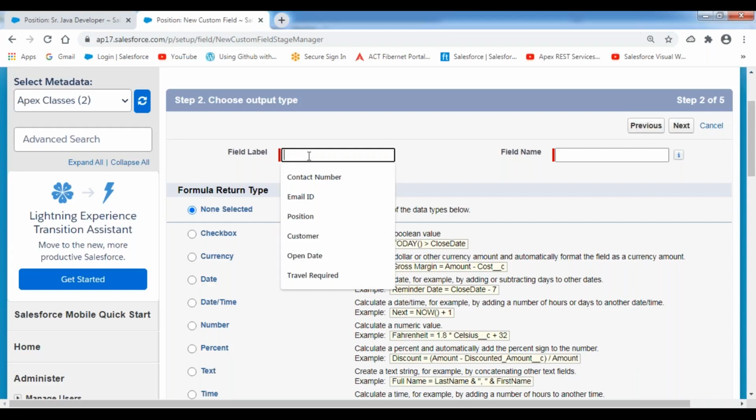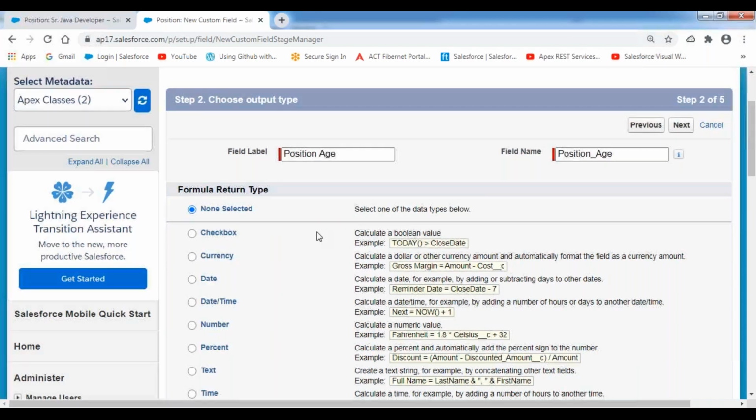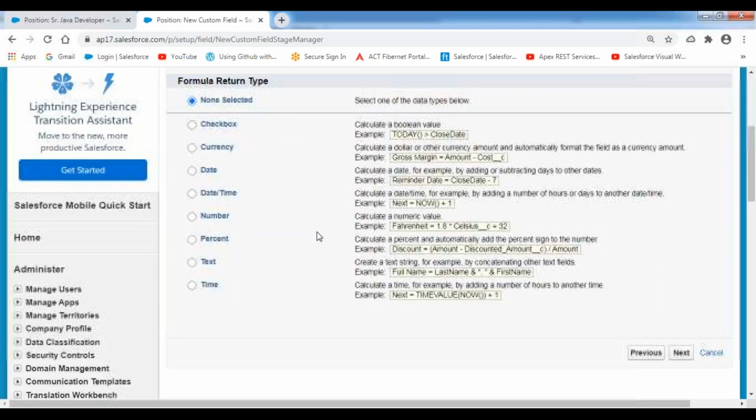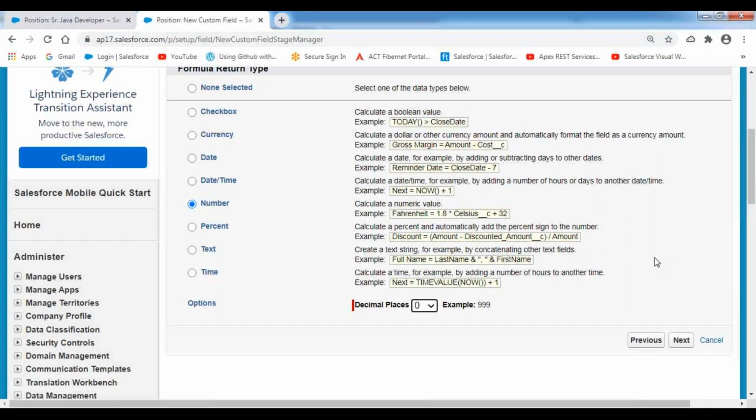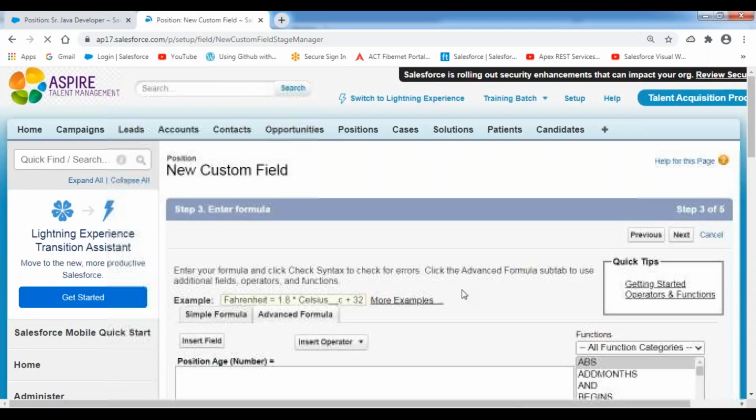Specify the field label as position age. I'm selecting the return type as number, with number of decimal points as 0. Click on the next button.